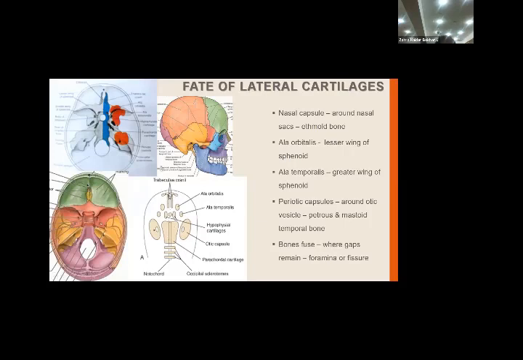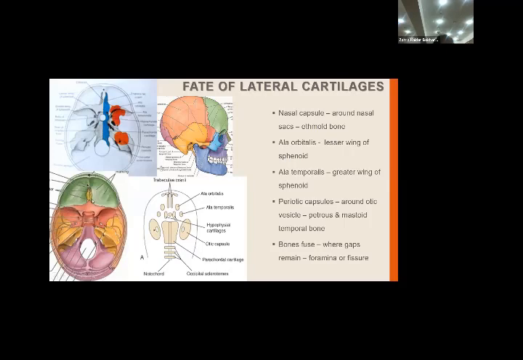अच्छा, अब what happens is कि once these cartilages undergo ossification and develop into bones, these bones then fuse with each other. ठीक है, इसलिए different colors में दिखाए हैं. All these bones fuse with each other, and अब आप ये देख लीजिए, हर एक की एक different shape है. They are fitting well into each other, and where they fit well, they form sutures. Then there are places where the shape is such that one bone does not fit well with the other bone. So where gaps are left in between bones, these gaps either develop into foramina, openings, या फिर fissures. ये देख लीजिए,